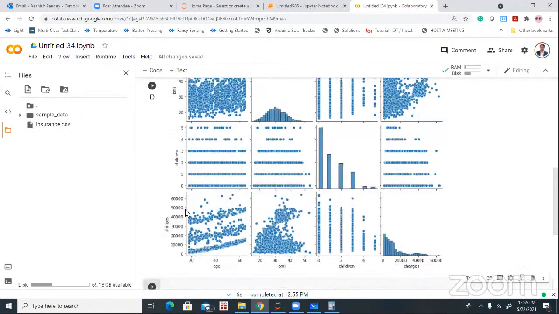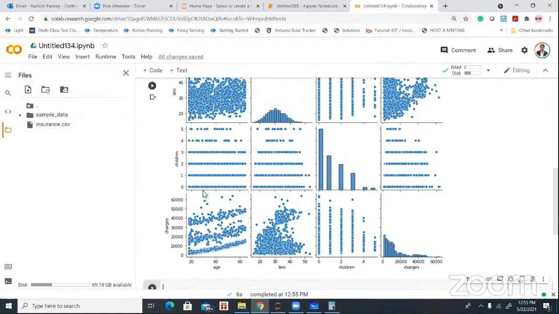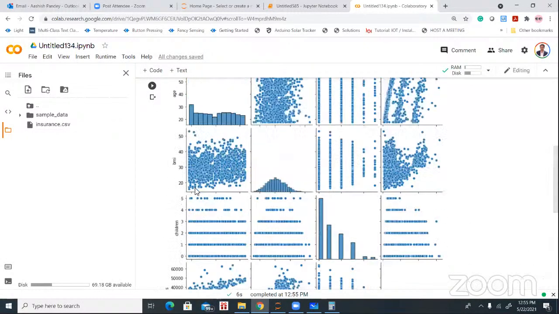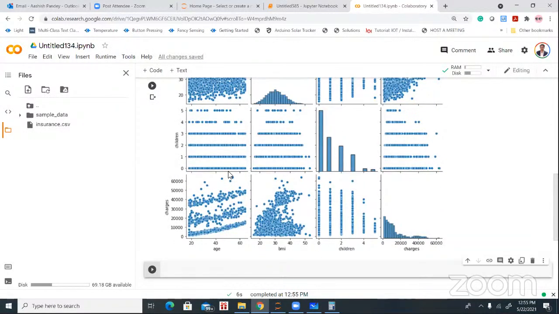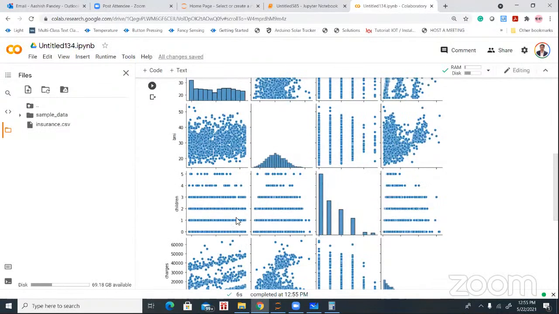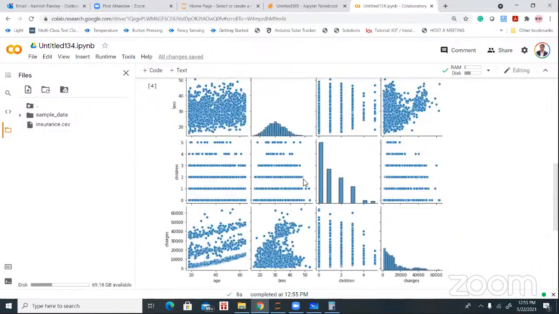So we have a graph between age and the charges. The pair plot just returns the graph between all the variables. So we have graphs between age and charges, age and children, age and BMI, and age with itself. Similarly, we have BMI and children, BMI and age, BMI and charges. So it just returns the graph between all the variables,